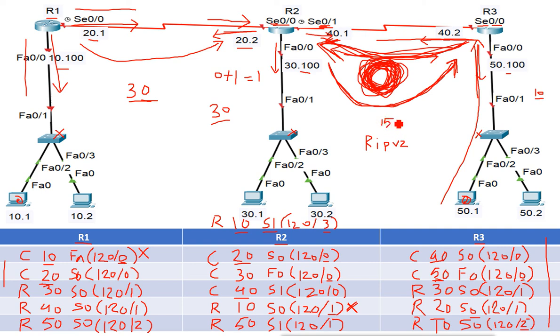How? Because for every data, when it routes the data, suppose the first time router 3 routes the data, it sets the TTL value. TTL means time to live. Time to live is equal to 15. It sets it to 15. Now when it is routed the first time to router 2, it will reduce 1 from it. That means the 15 becomes 14.